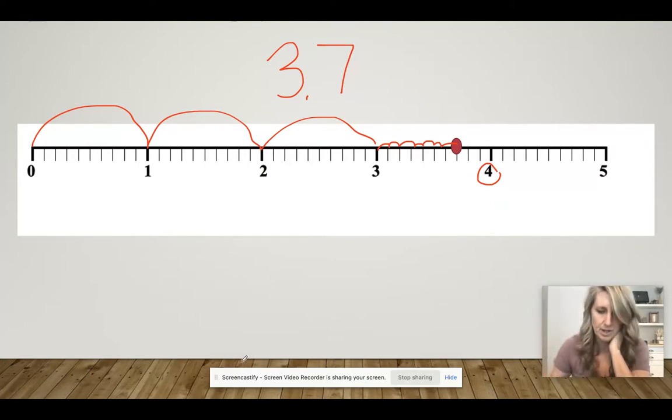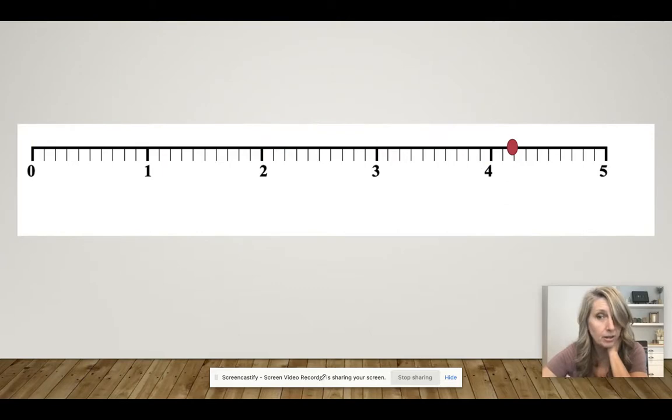Okay, next one. Now show me where you would place 4 and 2/10. There we go, 4 and 2/10. This is 4, our whole number, and 2 more tenths. Okay, one more, and then we're going to make it harder for you. 2 and 1/10. There we are. 2 and 1/10 would go right here. And we can see, if we were rounding, this is actually close